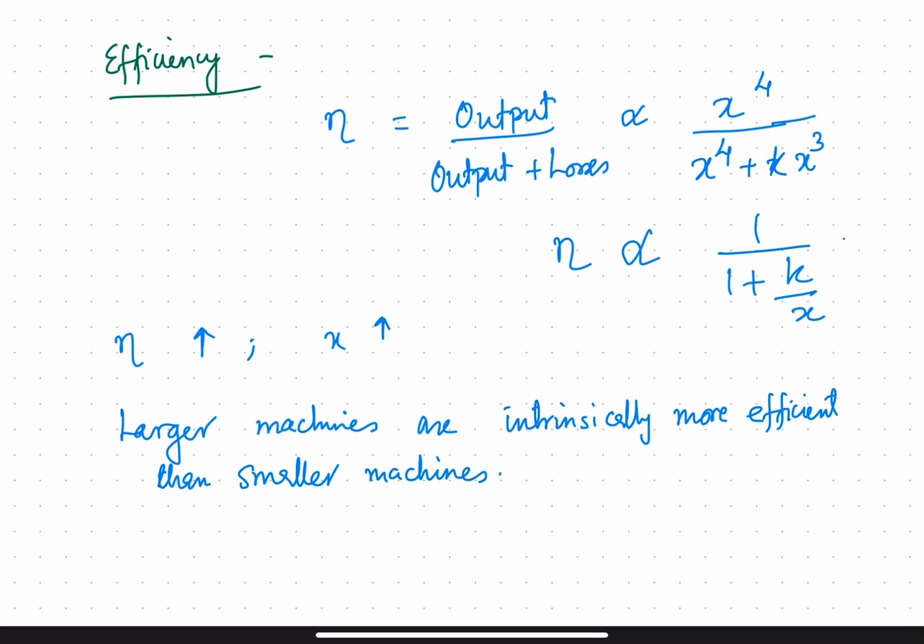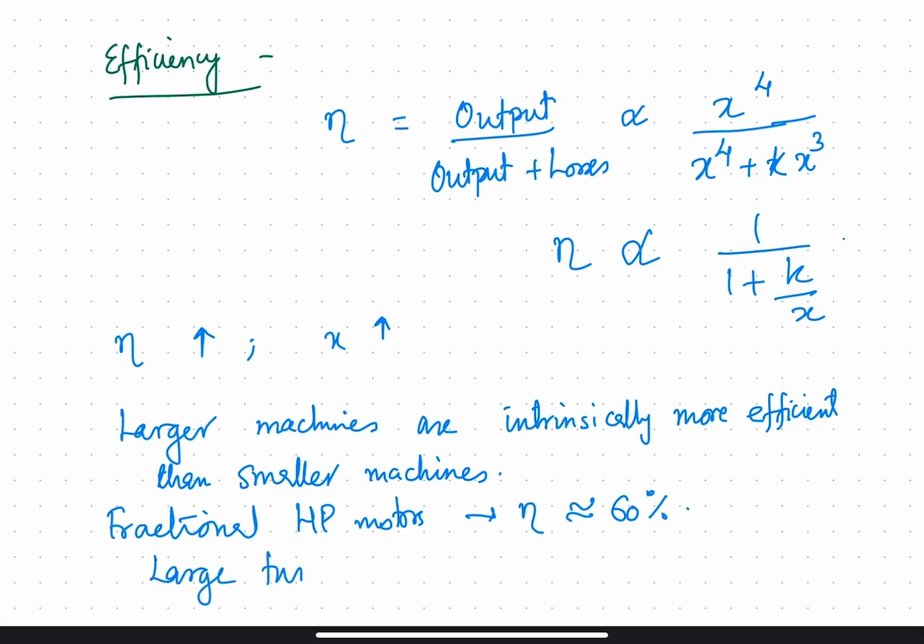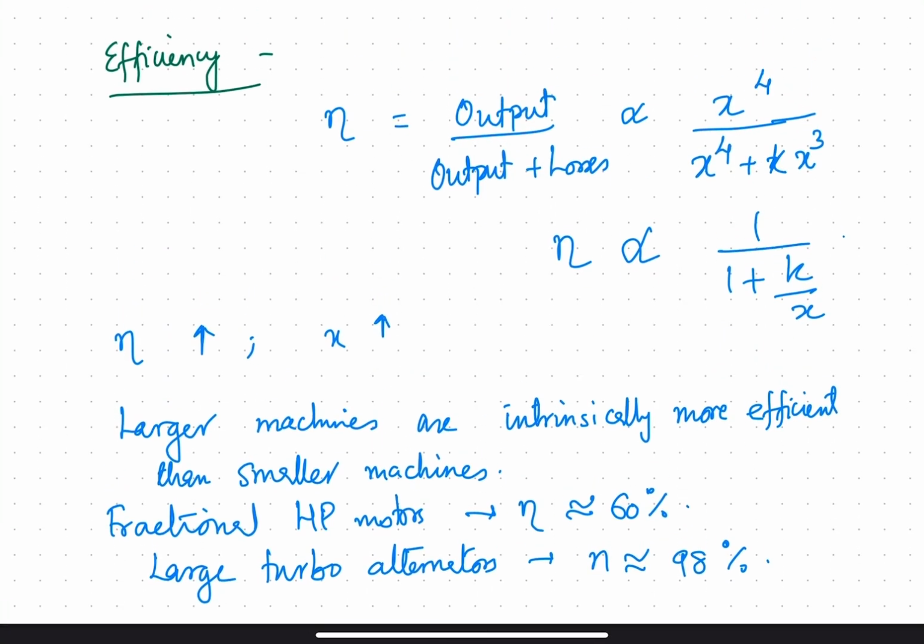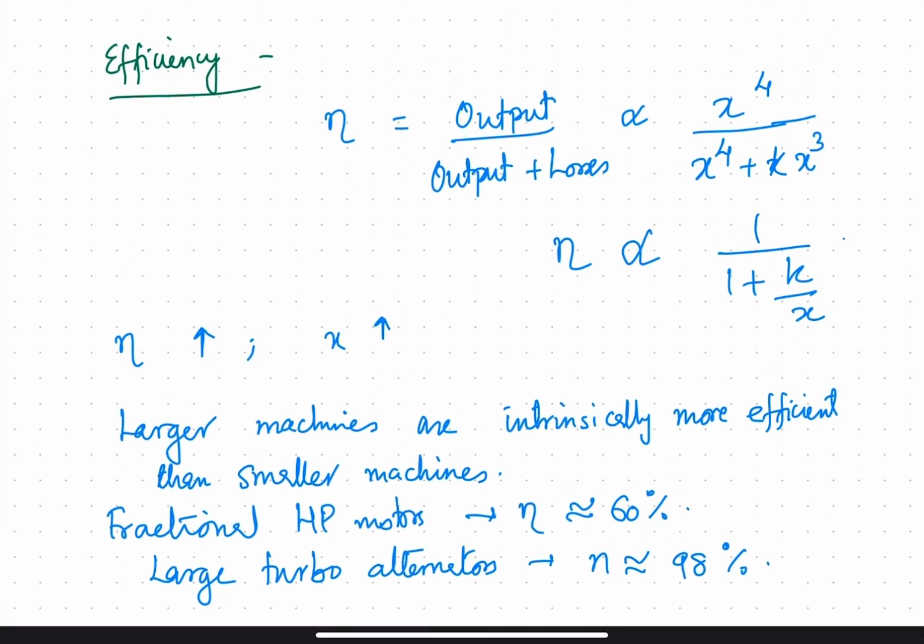Of course, if you see fractional horsepower motors, they have an efficiency of around 60%, while large turbo generators, turbo alternators, they have efficiencies of around 98%. So from this it's clear that the larger the machine, the more efficient it's going to be,